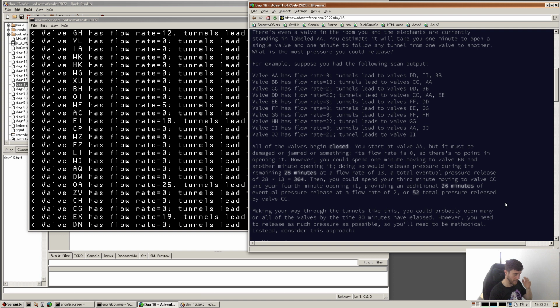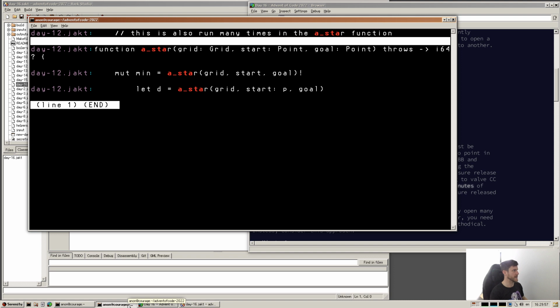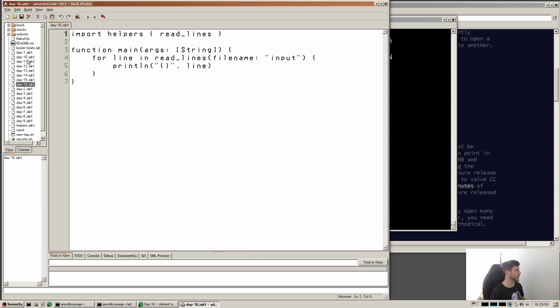How I think I'm going to do this is parse all the input, build it into some sort of data structure that we can then do some sort of search on, and then run that search algorithm and work out the optimal number. I'll probably reuse A star, which I used somewhere. Day 12 is where I used it, so I might open up day 12,